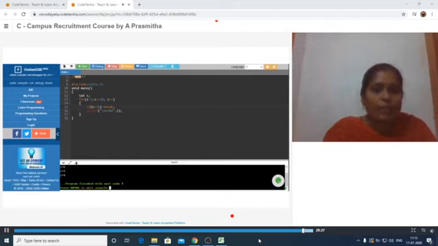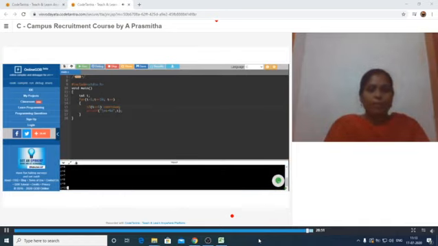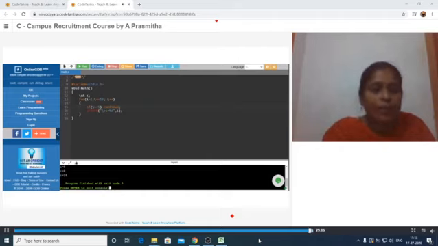Now instead of the break statement I would like to use continue in the same program. The intention of continue is to skip this particular execution and go to the next iteration, so it will not print when i is equal to 5. Other than that it will print all the numbers. Let me check that one. See, here it is printing 1, 2, 3, 4, 6. That means 5 is skipped. Again 7, 8, 9 and 10. The entire loop is repeated continuously. So this is the difference between break and continue.